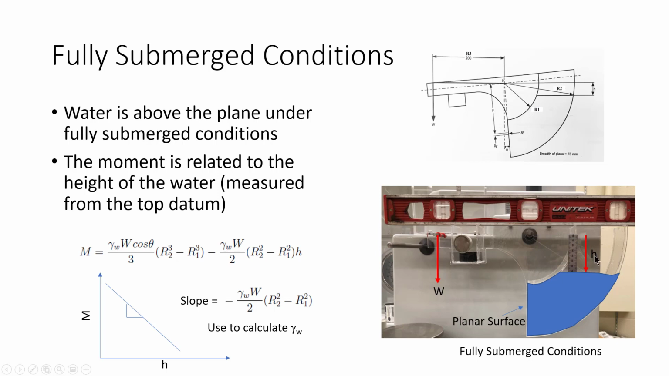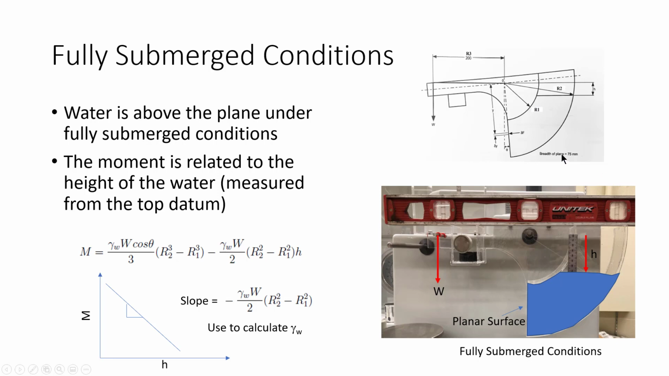water. And if we plot the moment, which is equal to W times Z, as I showed you before, which is W times R3 here, if I plot that moment versus the height, I'm going to get a line with the slope equals gamma W W over 2 R square, R2 minus R1, where this W is equal to the breadth of the plane, which is given to you here as 75 millimeters. So again, this figure shows R1 and R2, and the distances of R1 and R2 are given to you in your handout. So we can use the handout R2, R1. We know that